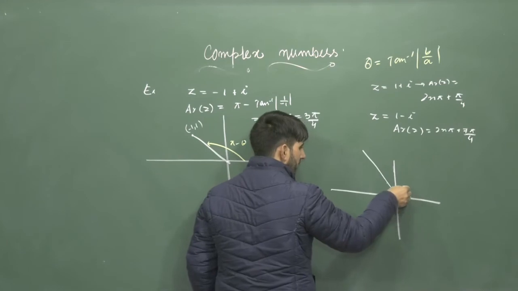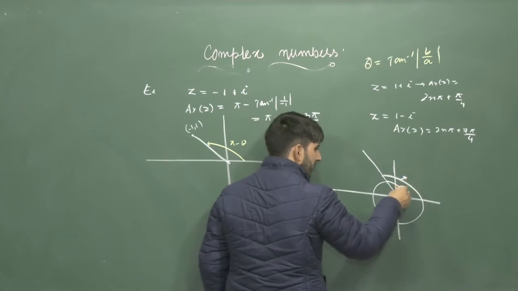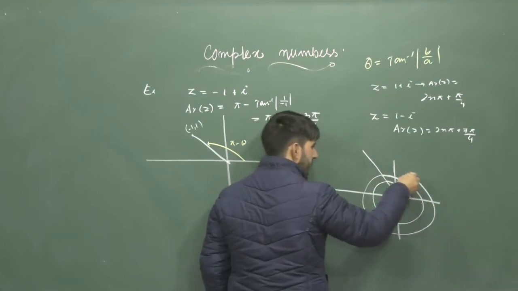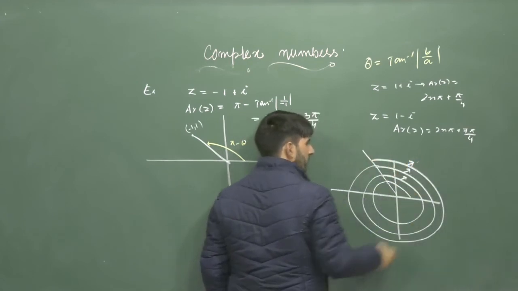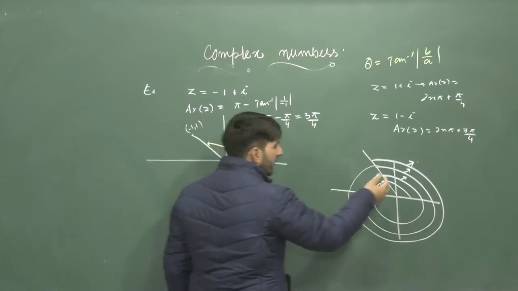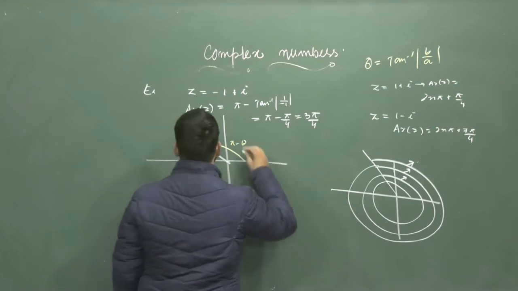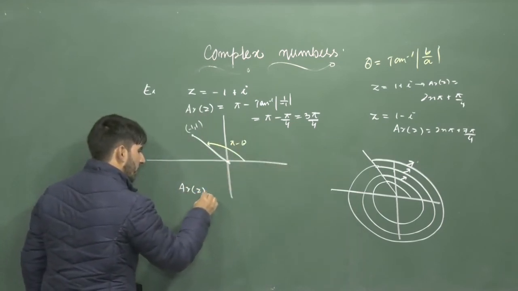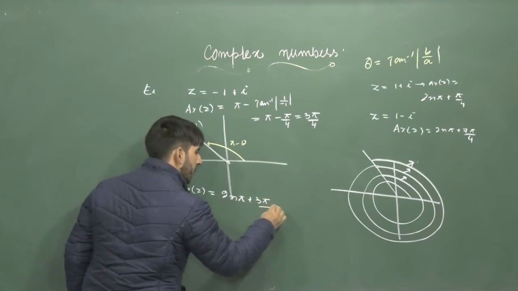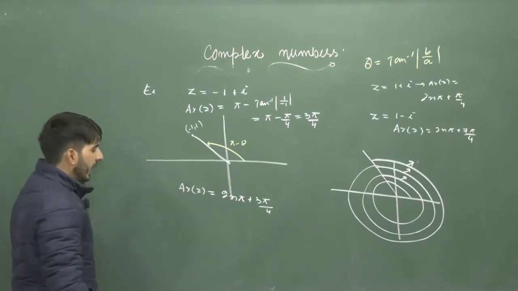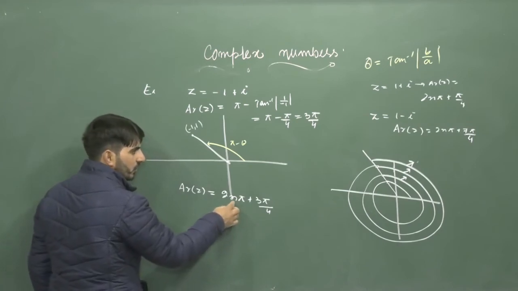This is the angle after the first round, after the second round, after the third round, and after the fourth round. So in general, we can add 2nπ here. So the argument of this complex number is 2nπ + 3π/4. That is, if n is equal to 0,